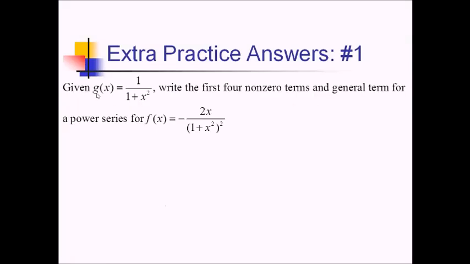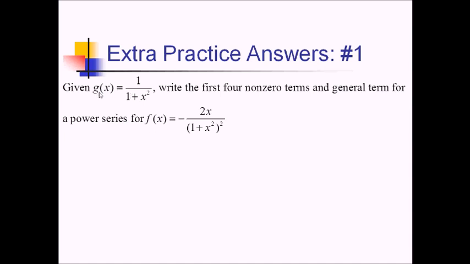For this problem, we're given this g of x function, and we want the first four non-zero terms and general term for f of x. All right, so the big relationship between g of x and f of x, you might notice here, is that f of x is actually the derivative of g of x. So in order to write a power series for f, it would help if we first had a power series